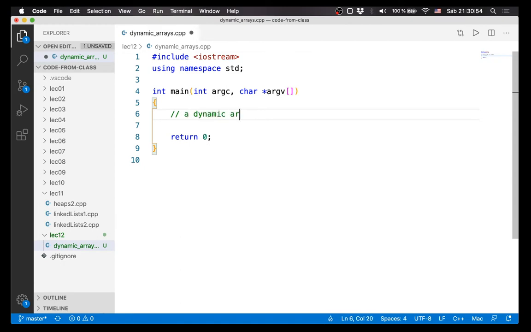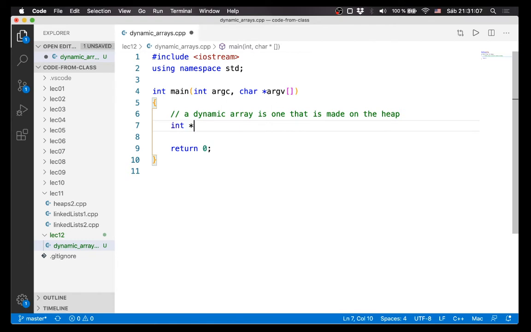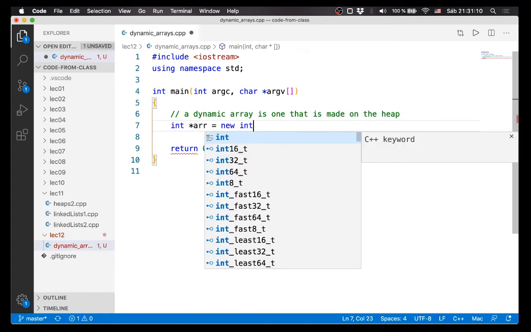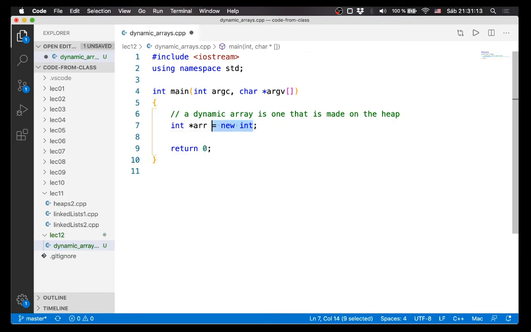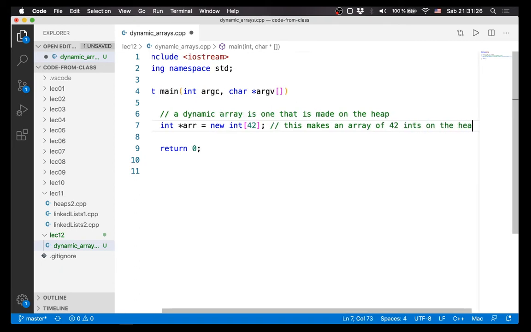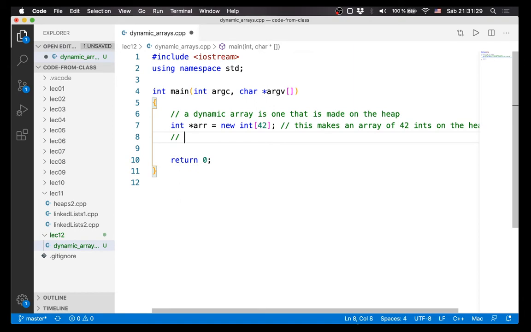A dynamic array is one that is made on the heap. The way that you allocate an array on the heap is essentially the same as allocating just a single integer. Assuming this is an array of integers, you'll say int star arr equals new int, but you don't stop there, because this would make a single int on the heap. We want to make an array of them. So let's make an array of 42 things, let's say. And so this makes an array of 42 ints on the heap, and it gives us back a pointer